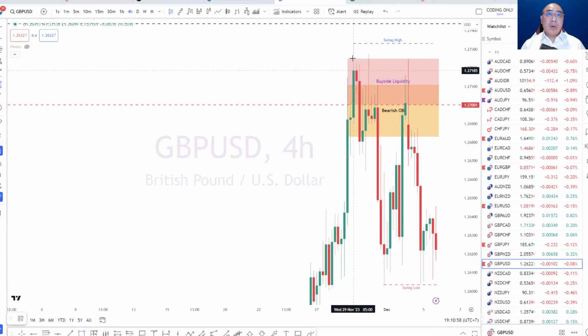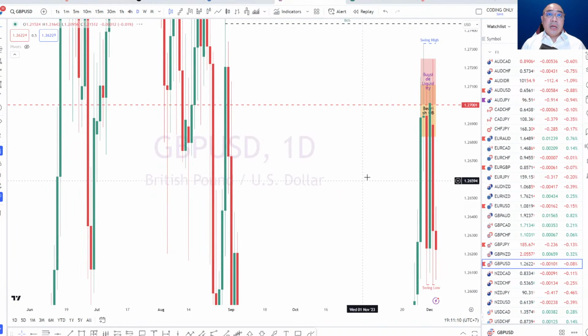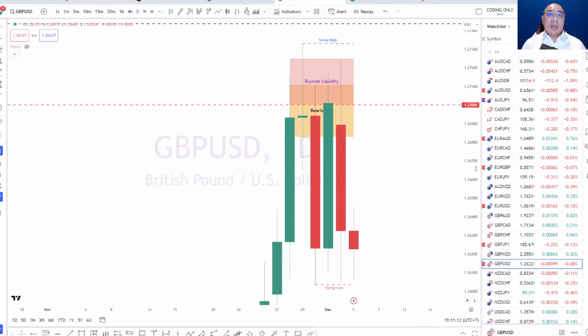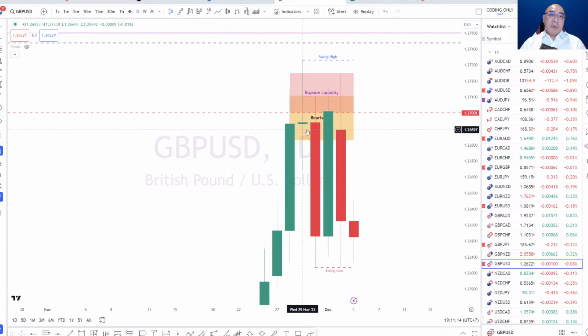You can see what's going on here. This is what we call a liquidity grab, which is over there. So we saw the market sweeps it, and that's where we know there's actually going to be a liquidity grab as well. If we go on to the daily time frame, what we're looking at is candles barely managed to break or close above 1.27. The Friday close doesn't really count because it's just about 1 pip above 1.27.